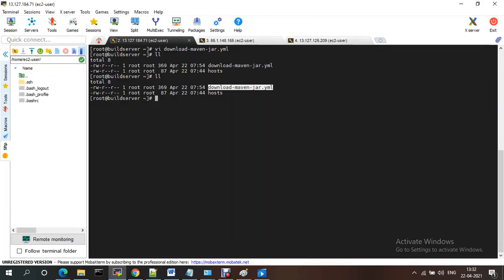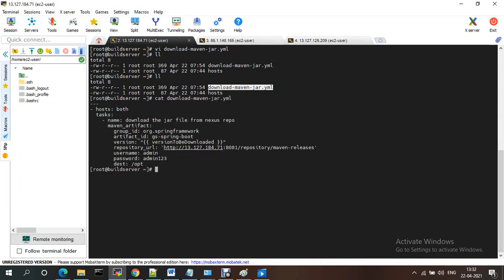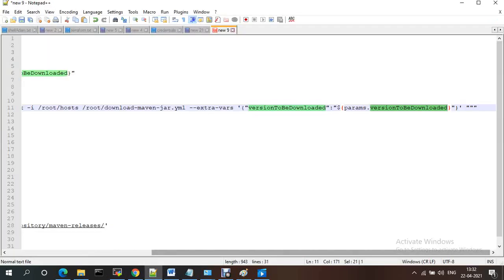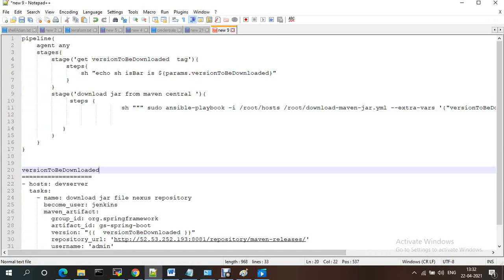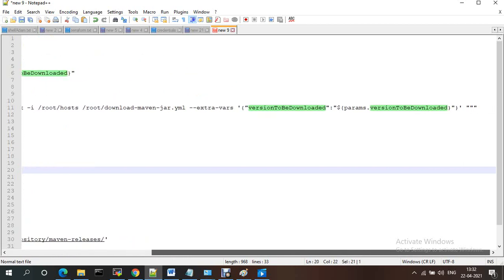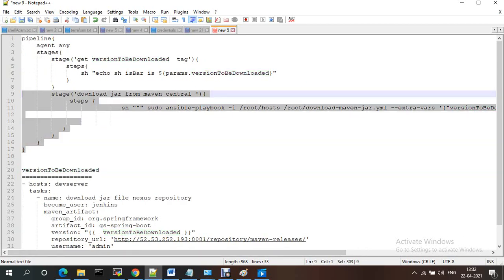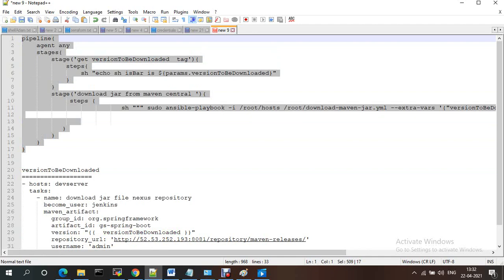If you go to this one also, cat downloads, this is the tag, version to be downloaded. So just give the proper name in all the places.